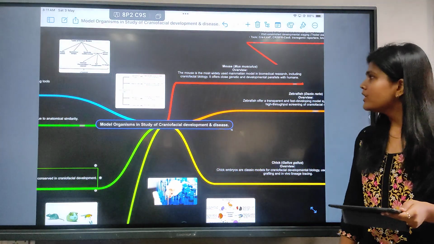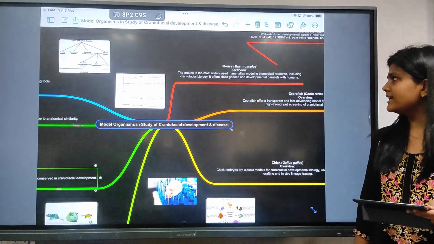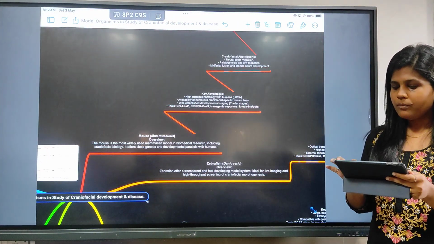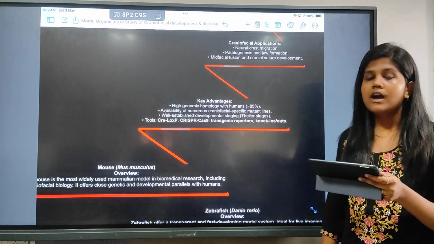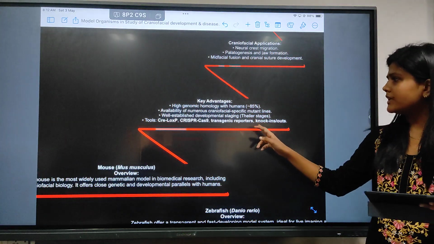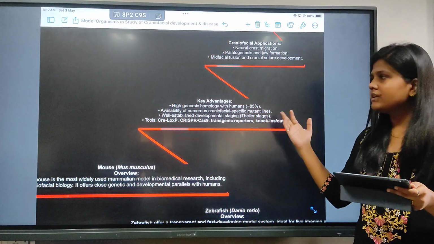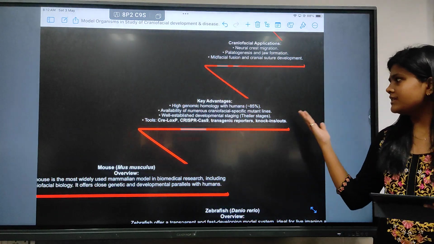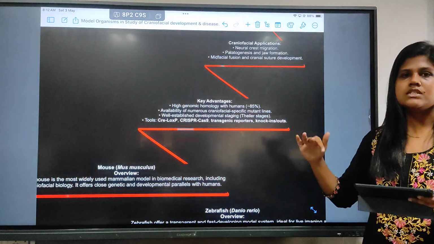Craniofacial biology also. It is widely used because of its close genetic and developmental parallel with humans. The key advantages of using this model are the high genomic homology with humans, approximately 85%, the availability of numerous craniofacial-specific mutant lines in the mouse, and well-established developmental staging, the Theiler stages, which can be easily understood in this model, similar to